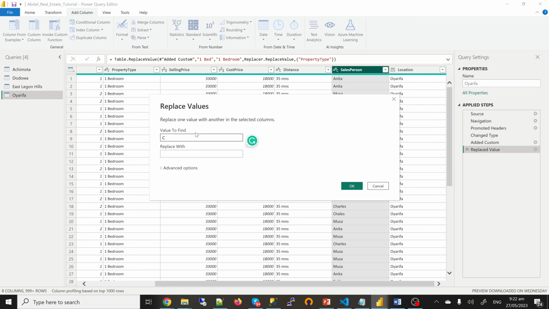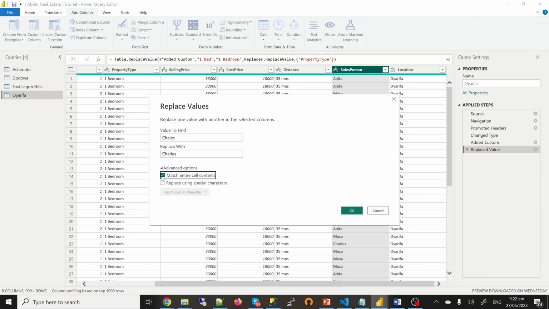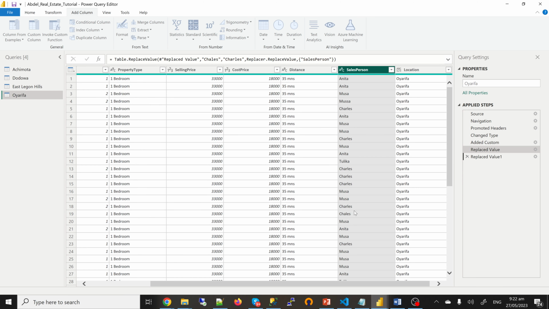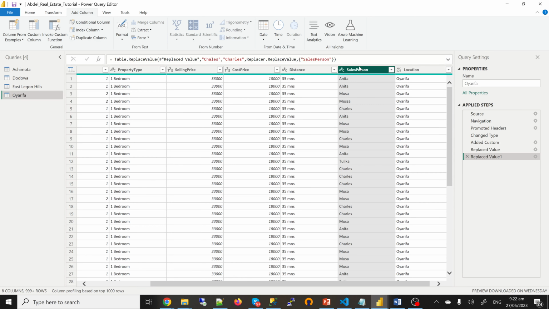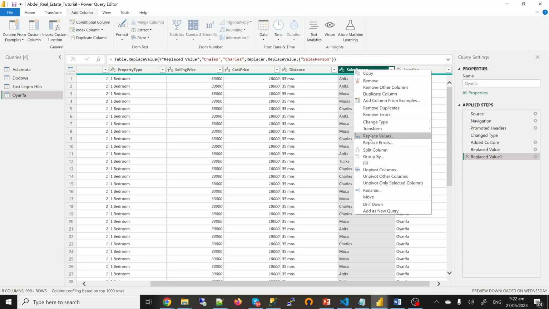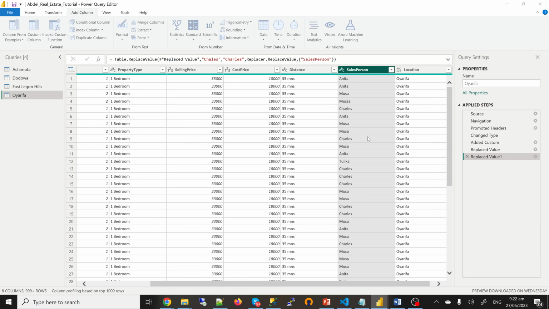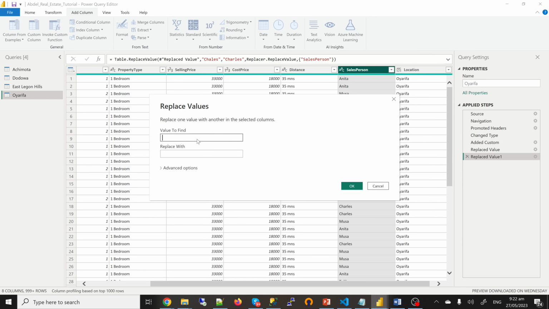So there was Charles, and then with R here. And then when you look at it again, you can see Musa, instead of one S, is double S here too. Then Tulika should be Tulika. So let me replace. So Tulika,